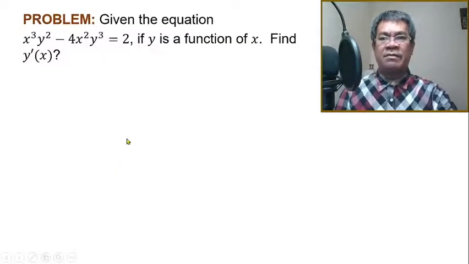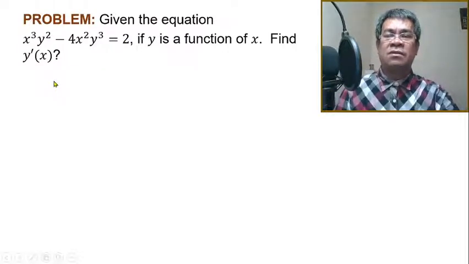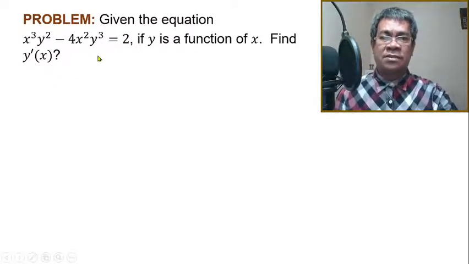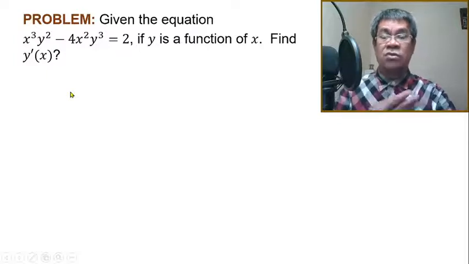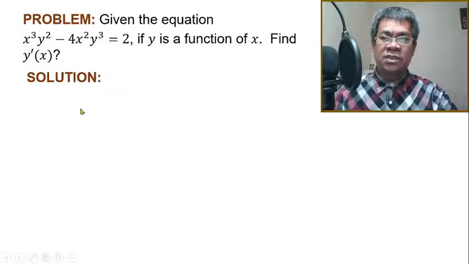Okay, another problem. Given this one, a combination of x cubed, so this actually shows that it is very impossible to come up with what? A single explicit form. So, by the way, that's why we studied implicit, because we always encounter functions that are in implicit form, hard to provide the explicit form for. So we should have the idea on how to differentiate implicitly. Okay, so the solution is the same.